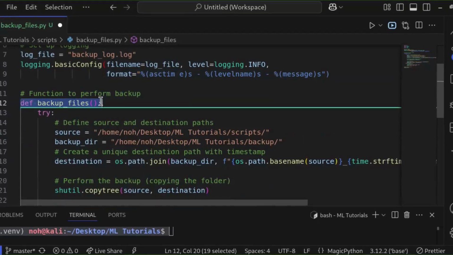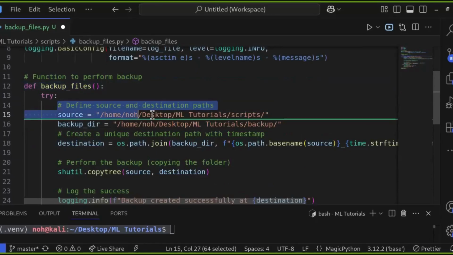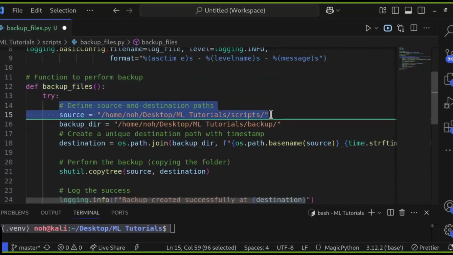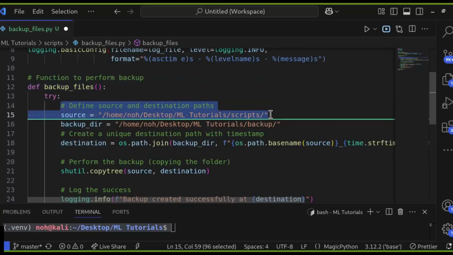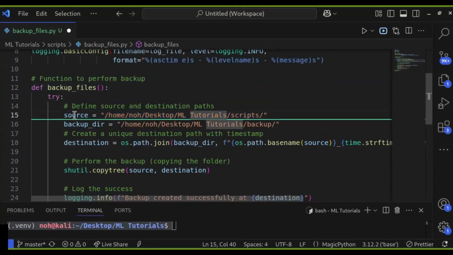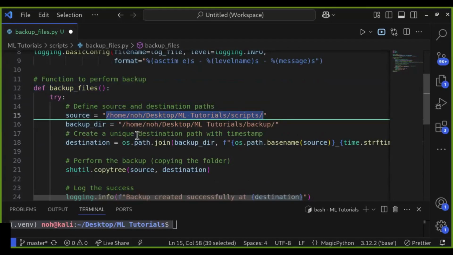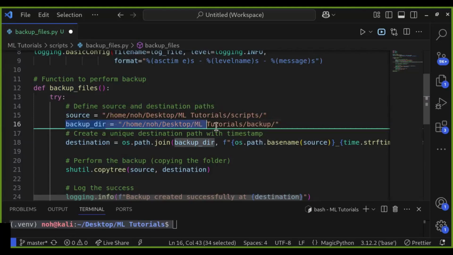And start by defining the source folder, which contains the files we want to backup. In this case, it is located in this directory. You can change the paths to what you want to backup. The backup destination is a folder inside this, with a timestamp added to the folder name.